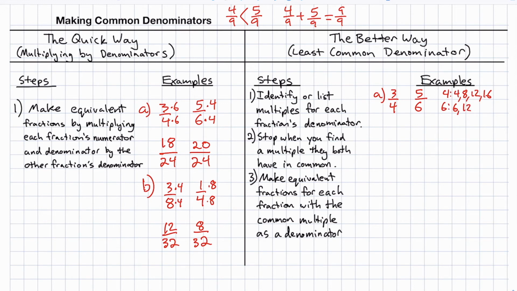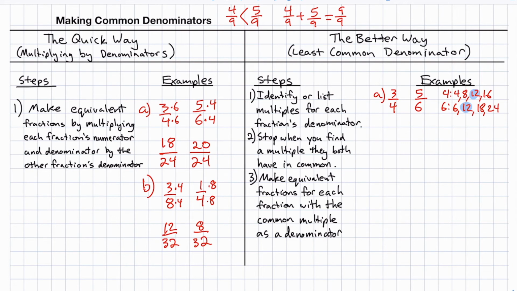6, 12, 18, 24. And then it says step 2, stop when you find a multiple they both have in common. So if we look right here, we will see that they both have a 12 in common. That is the first multiple they have in common. So we're actually going to use 12 as our common denominator. So that would mean, so step 3,